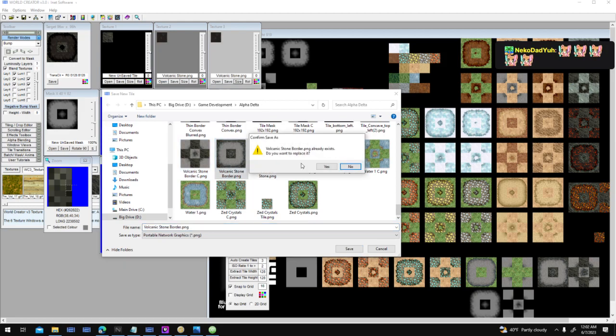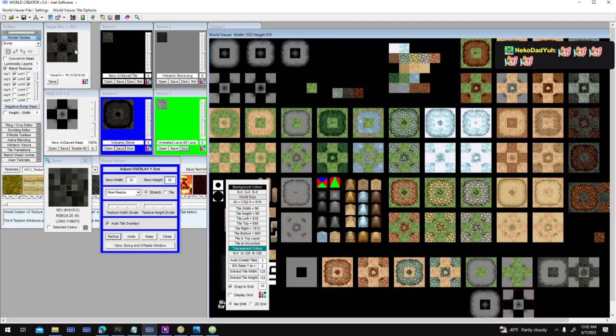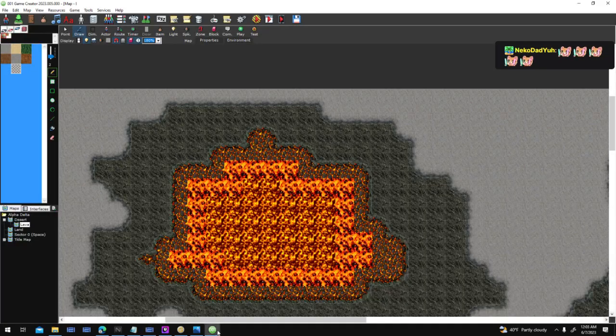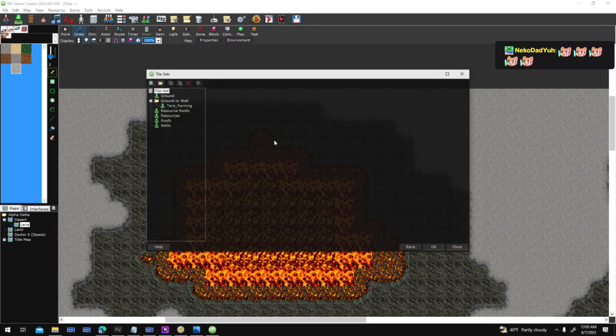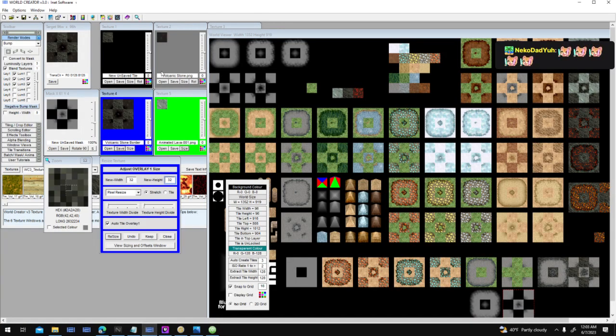Go and replace these. It's got more of the feel that I want for a volcanic biome. I want it to be dark black. I think I'm still going to use some kind of light stones, but for the borders I'd rather use this darker texture, darker material. So I'm going to save this one